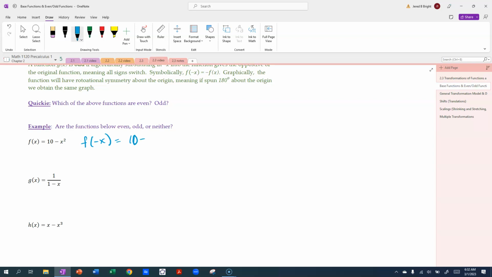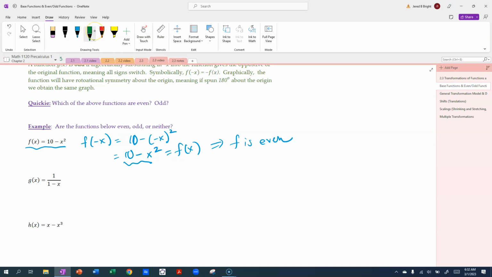Okay, in this case, I get 10 minus the opposite of x squared, right? And then I go through and simplify, okay, this is 10 minus x squared, and if I look at this thing, that's the same as the original function, just f of x, okay? So if I get the same thing back after I substituted in the negative x, then that means that f is even,